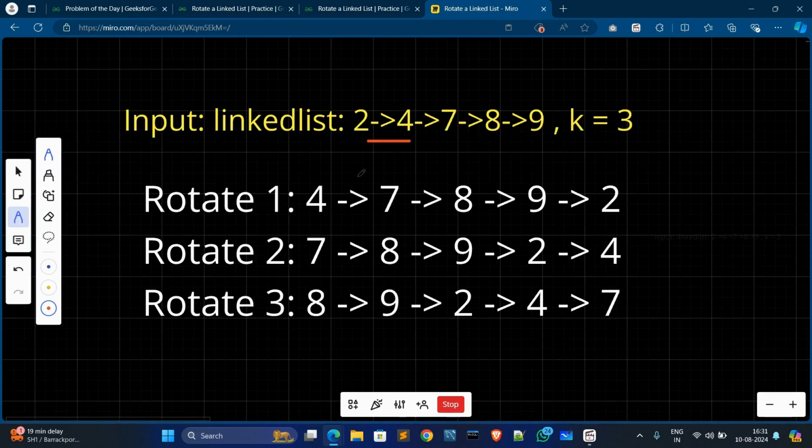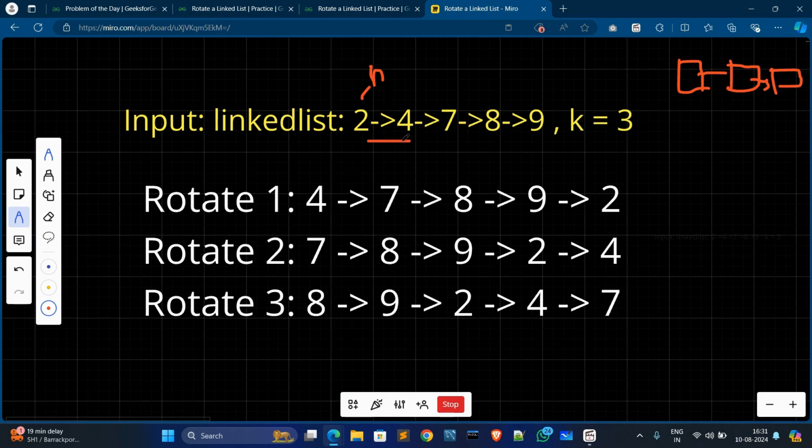In the given input, this is the head node. You know a linked list has a structure like this: the first one is called the head node, the second is called node data, and the last one is called the last node, the end node. In the given linked list, 2 is the head.